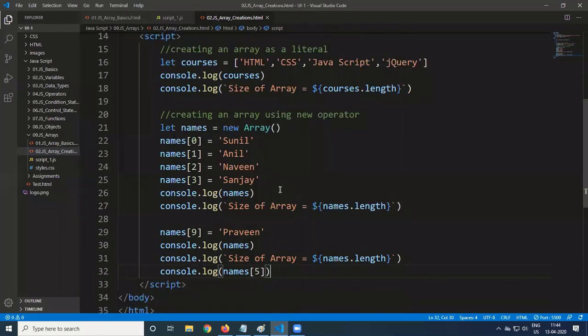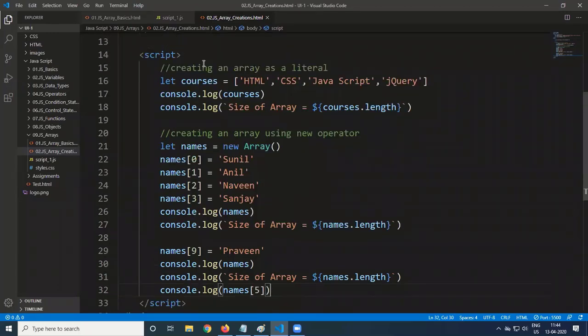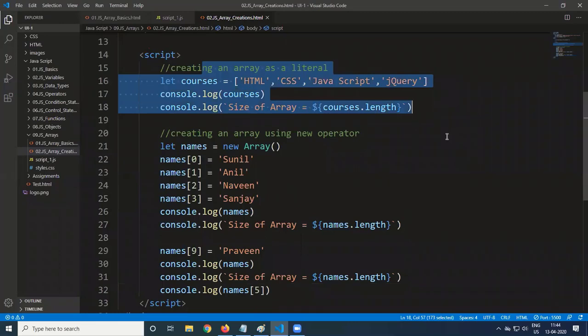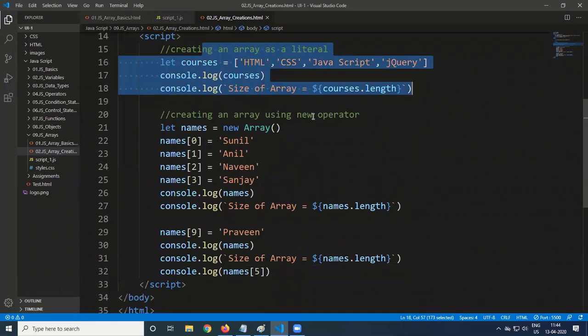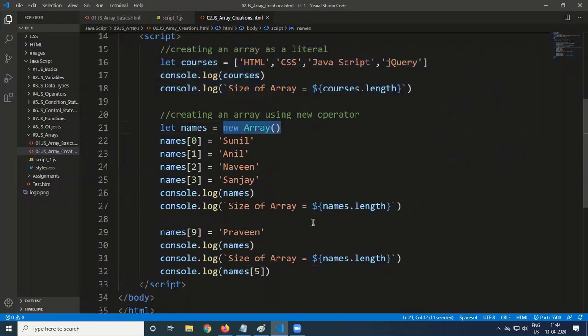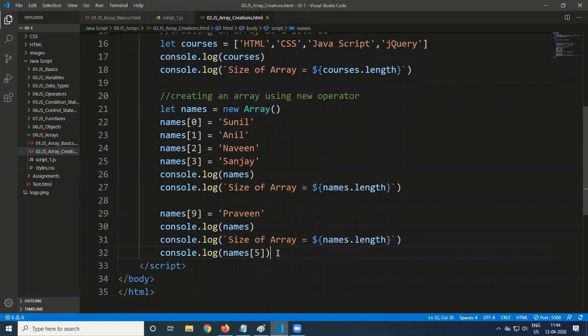So this is another point you have to remember. One is creating an array as a literal. Another is you can create an array by using the new operator, which is the same as the literal, only nothing is given and you can give the values separately. Then the next one, creating an array using a constructor.